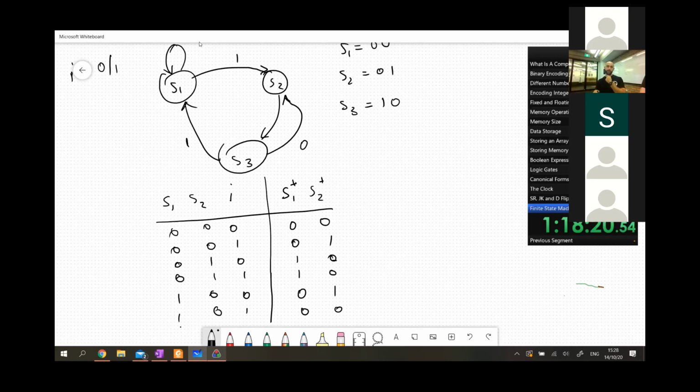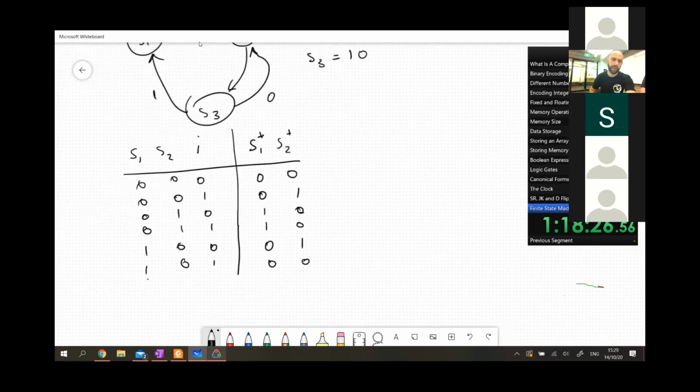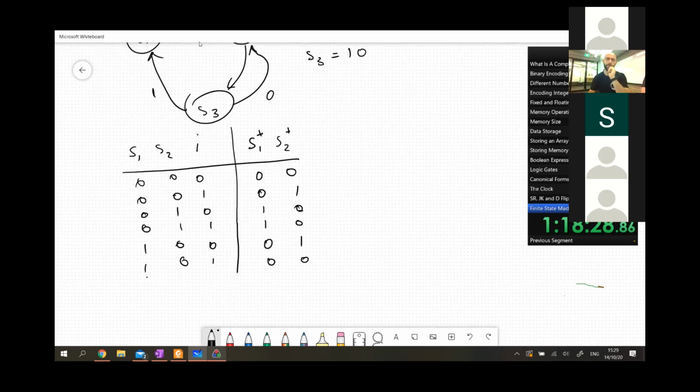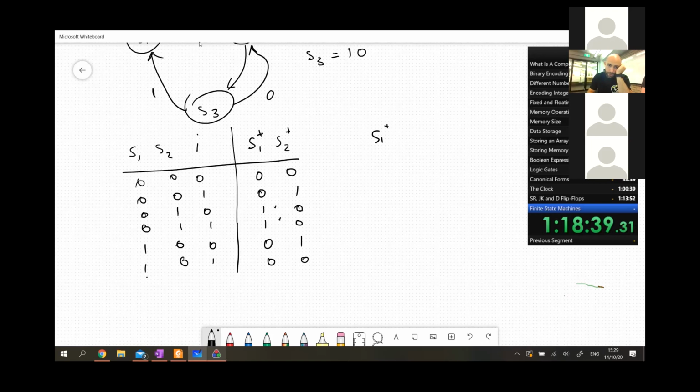And we can actually create a circuit that represents this finite state machine, okay? Now, how do we do that? We use sum of products or product of sums. So I'm going to do sum of products here. I'm looking, we've only got 2 1s in each row. So for S1 plus is equal to, well, you'll just see a real quick sum of products going ahead now. So we've got S1 inverted, S2,